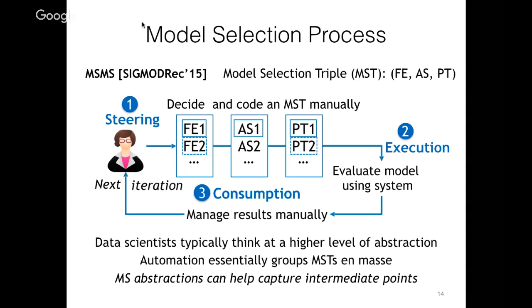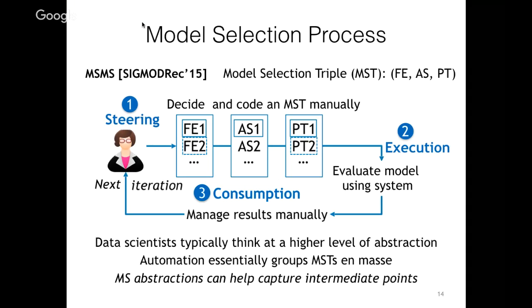They think at a higher level of abstraction of, say, auto-tuning hyperparameters, or just fixing one particular algorithm for a model, or exploring only a subset of models, and think of features in bulk. Systems that aim to automate this whole process and cut the data scientists out of the loop are helpful in certain scenarios, but what would be even more helpful is bridging the entire automation spectrum all the way from fully